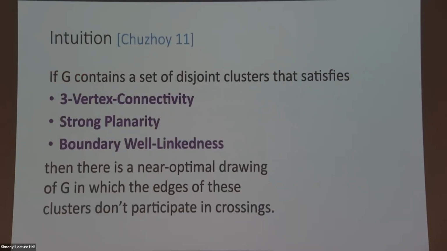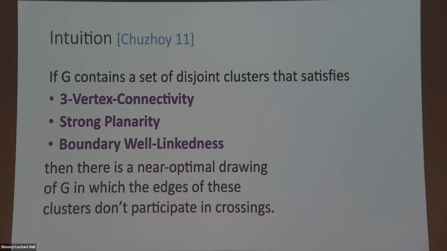So how are we going to prove it? We are going to basically focus on the remaining graph, and until it gets some good properties, we will stop and say that the edges we are taking out are the set we want. Some intuition: from previous work it has been shown that if the graph satisfies these good properties, then there is a near optimal join in which edges of these clusters do not